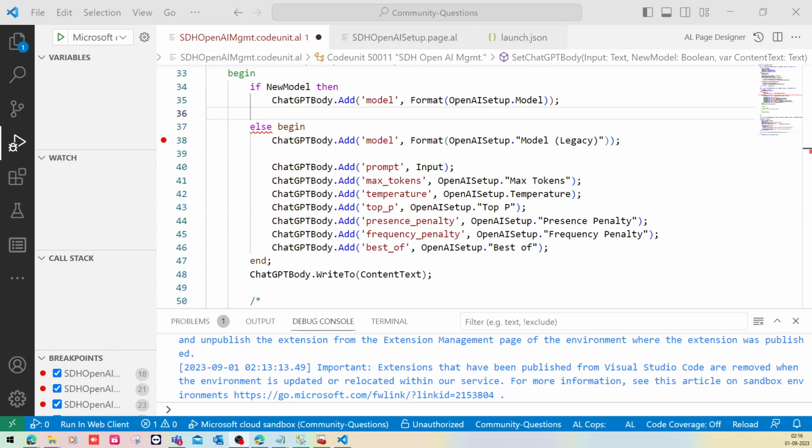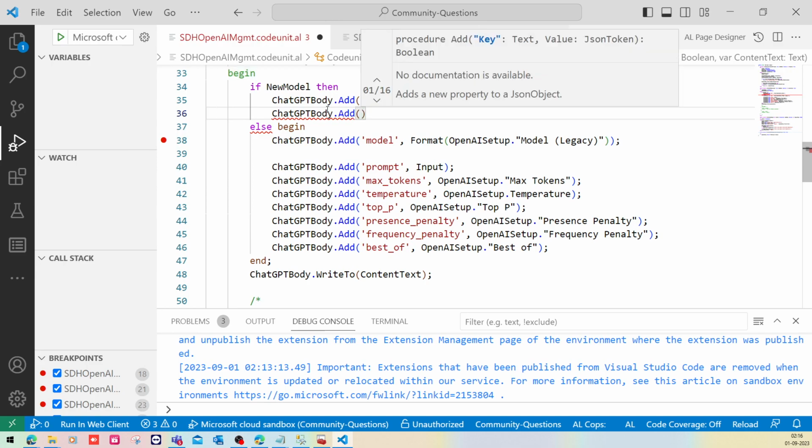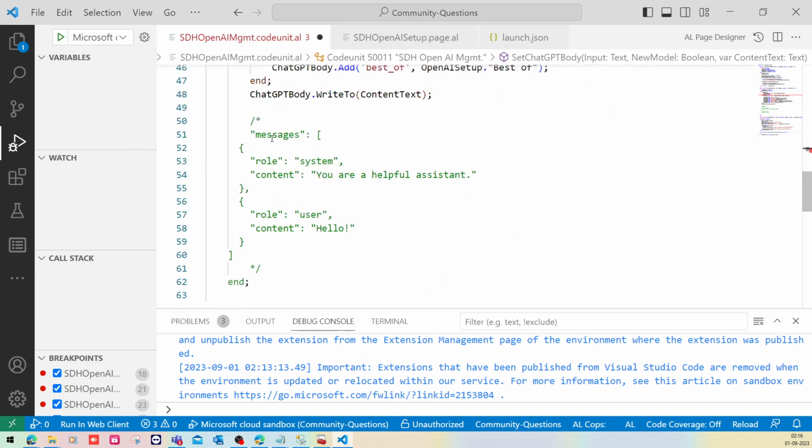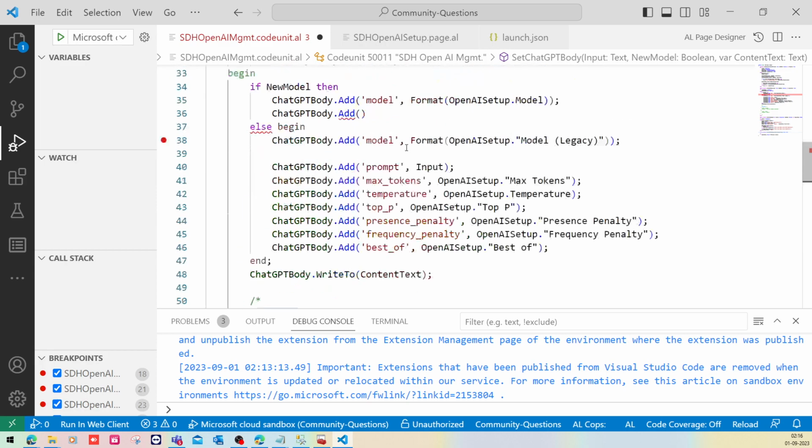Now I did a very old session about JSON object. If you're not aware of it, I'm not going into details of it, but when I have to add an array, if you look at it here, I can just simply pass it, not like this, and say give me the array. What is the array called? The array is called messages. So let's ask for an array,